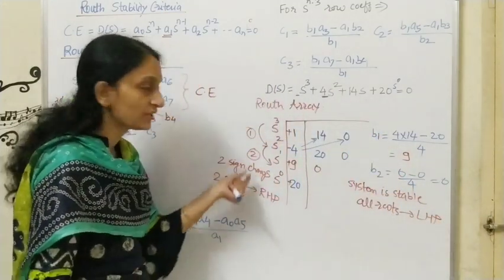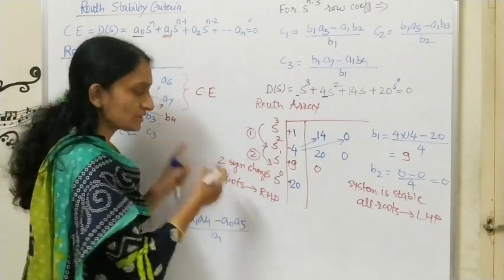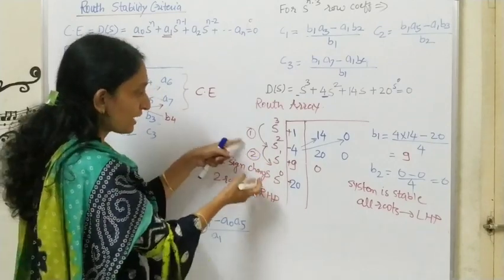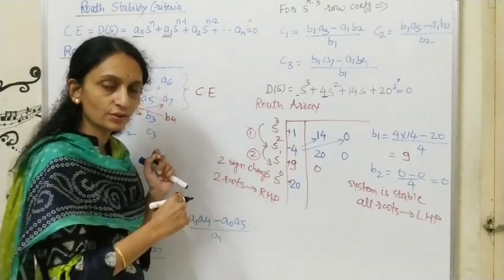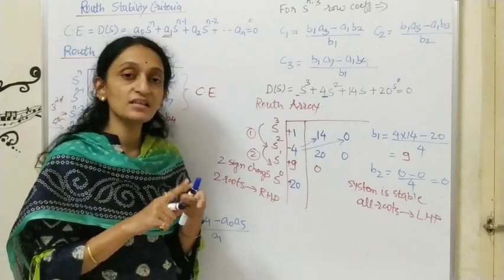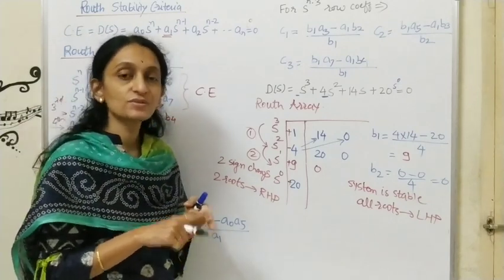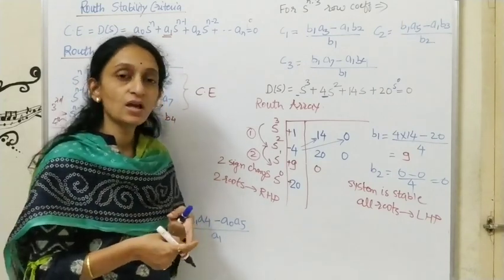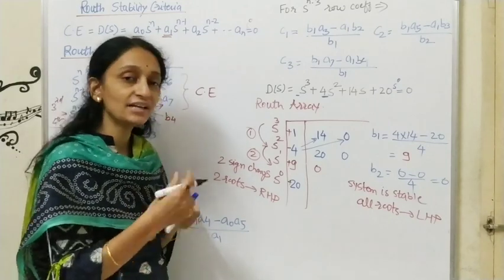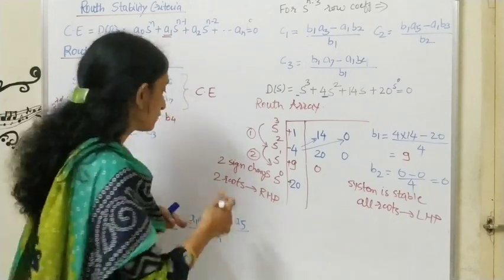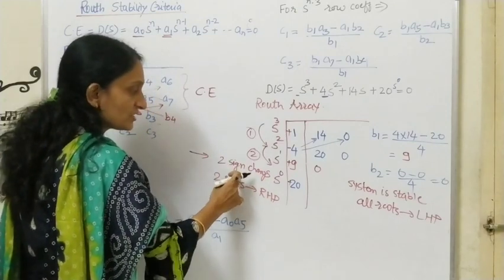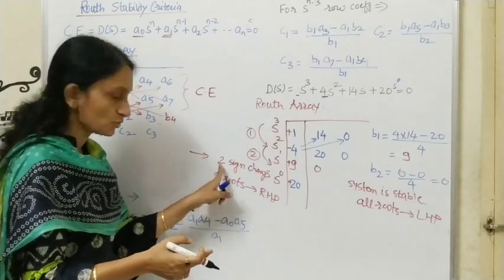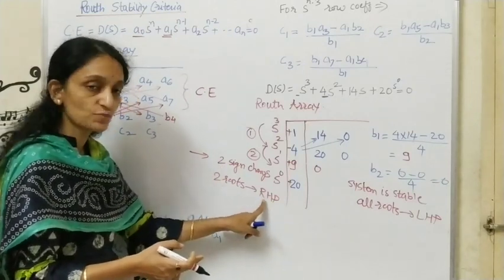Here we have taken some assumption just to show the system is unstable. So I directly showed it with this sign change, and then calculated the number of sign changes. The first conclusion is that if there are sign changes, the system is unstable. Now the next question is, if the system is unstable, how many roots are on the right-hand side of the j omega axis? The answer is that the number of sign changes is equal to the number of roots on the right-hand side of the j omega axis. So two sign changes means two roots are on the right-hand side of the j omega axis.